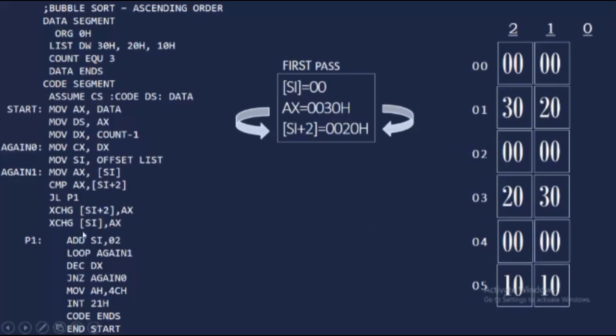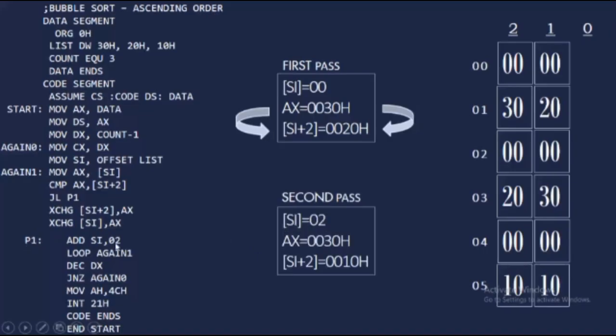Now after that, P1: add SI comma 2. In the second pass, SI is 02 because we have incremented SI. Loop 1 again, we have the same procedure over here. In the second position, AX is 30, and after incrementing the source index, its content is 10. Since the value of AX is greater than the contents of SI plus 2, the values have been exchanged